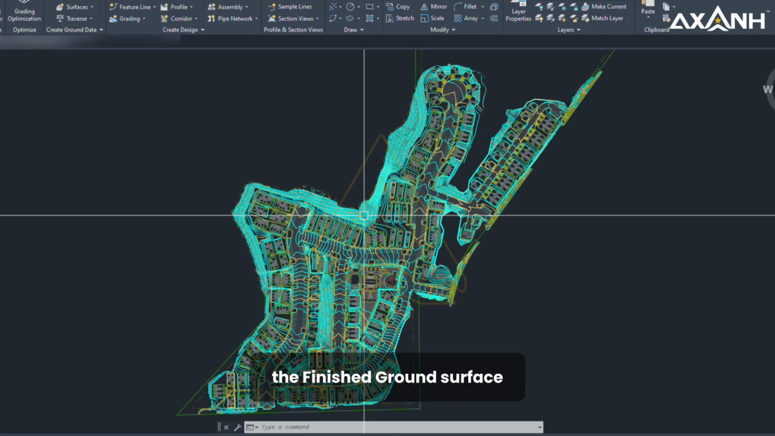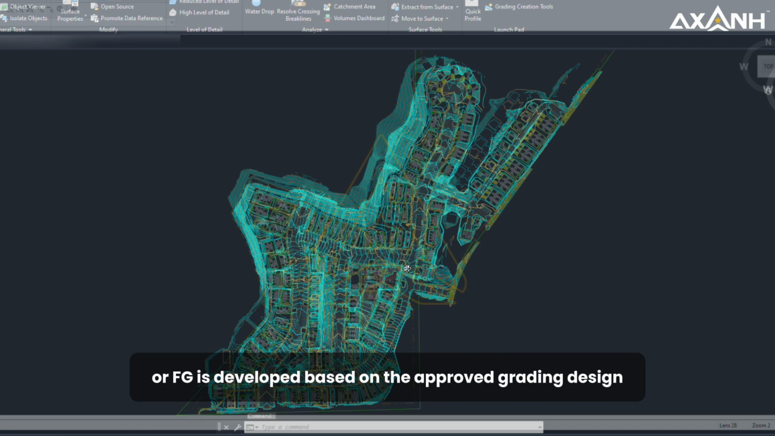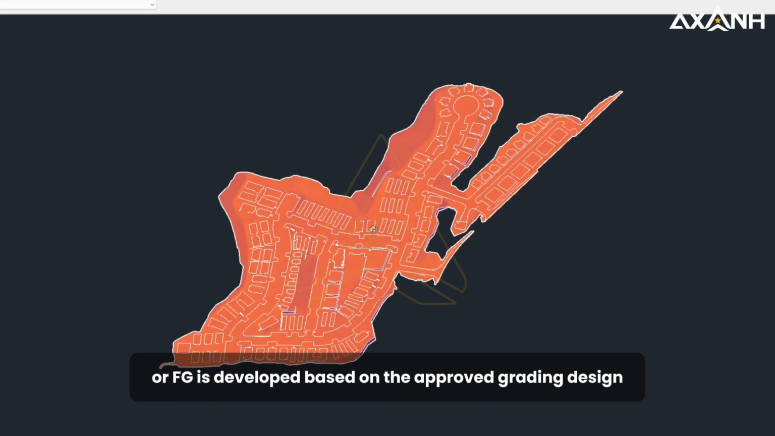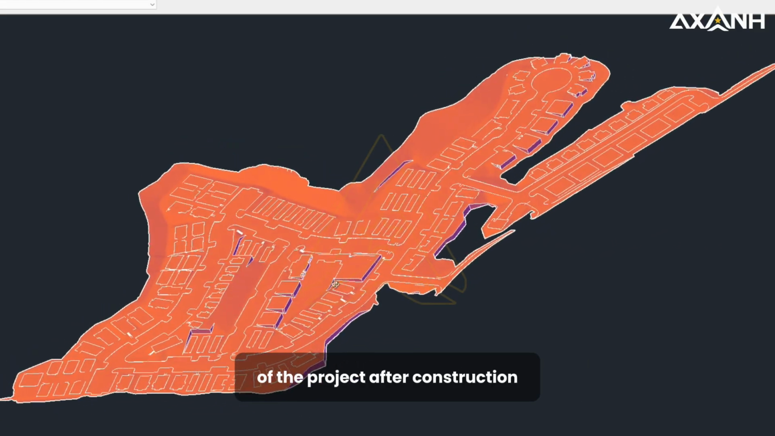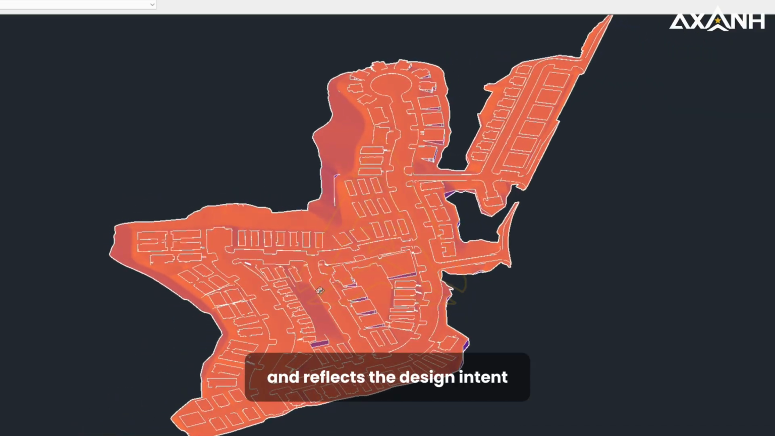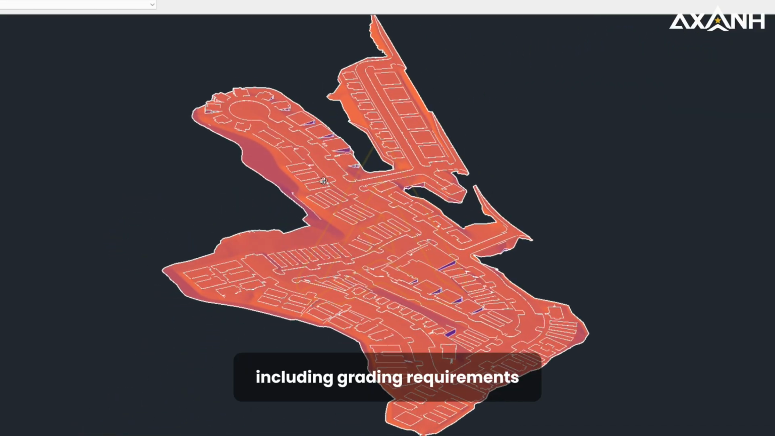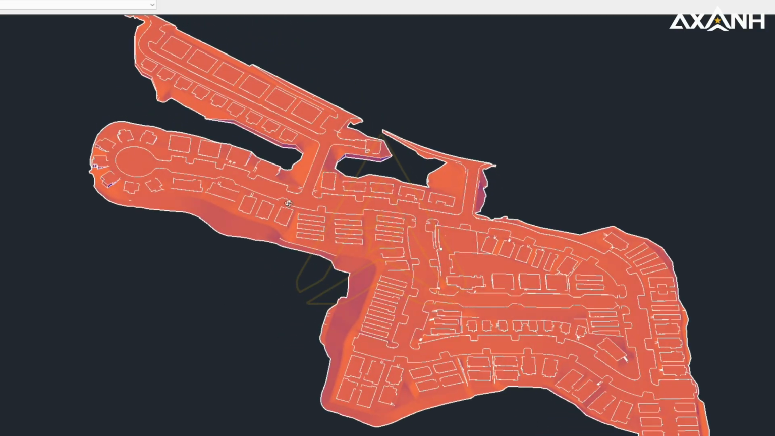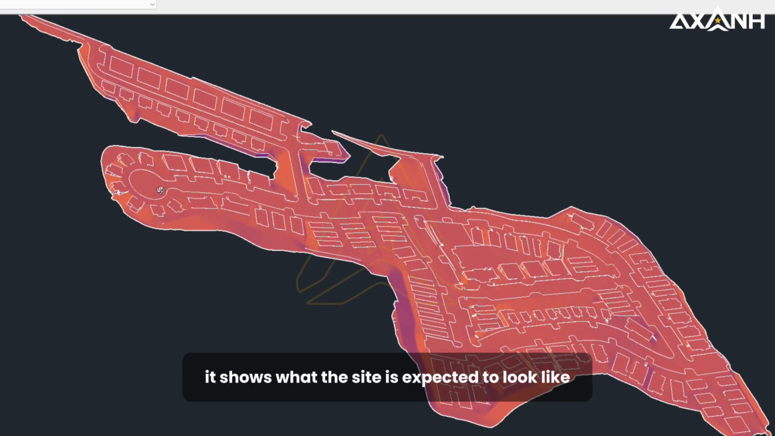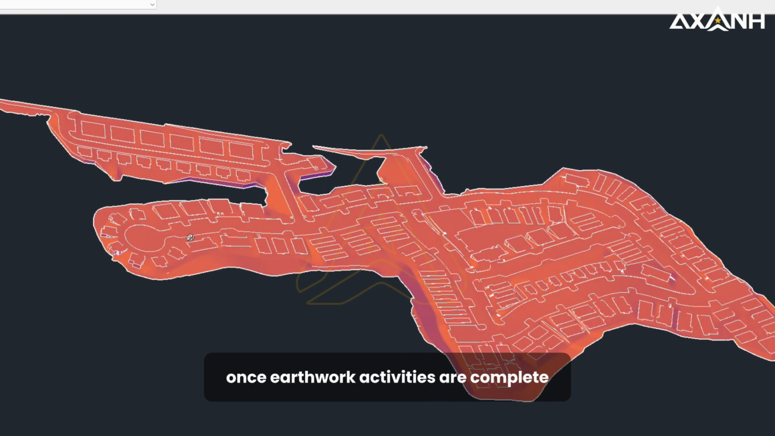Next, the finished ground surface, or FG, is developed based on the approved grading design. This surface represents the final elevations of the project after construction and reflects the design intent, including grading requirements, drainage considerations, and platform levels. In simple terms, it shows what the site is expected to look like once earthwork activities